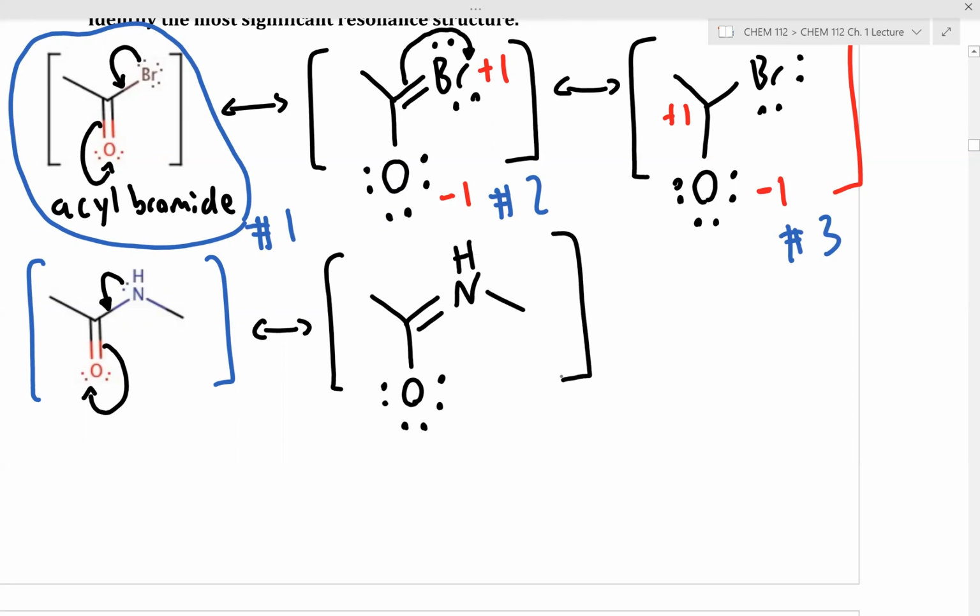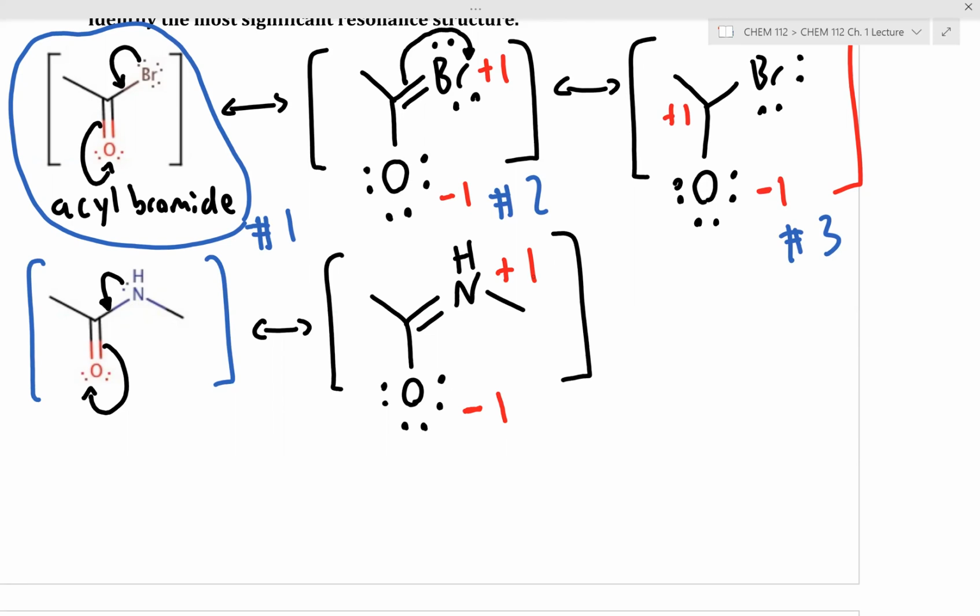Now, we have to fill in the formal charges for this structure. What's the formal charge on oxygen? -1, yep. And what's the formal charge on nitrogen? Positive. Now, if we had to do a comparison between the acyl bromide resonance contributor and the amide resonance contributor,